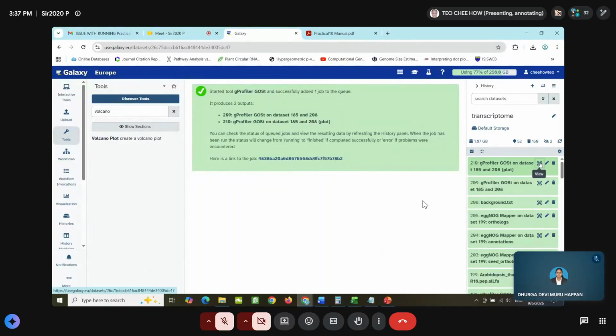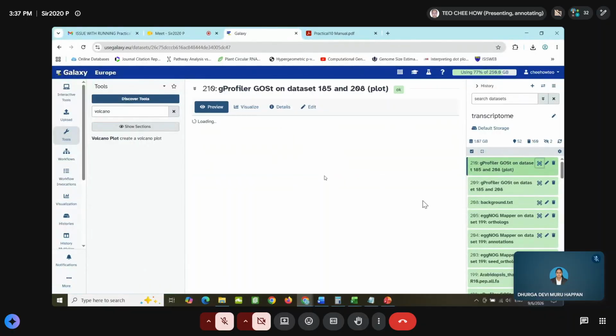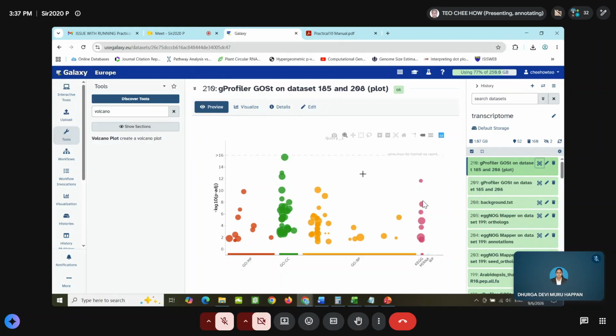So now let's see whether you will generate a better form or not. Still the same.